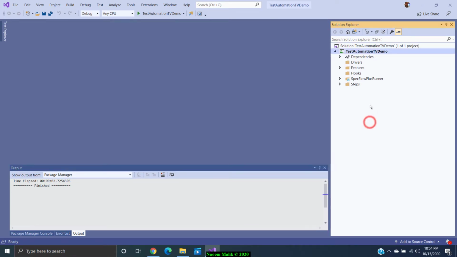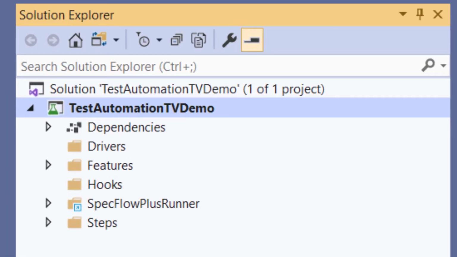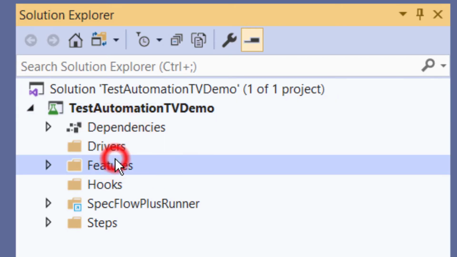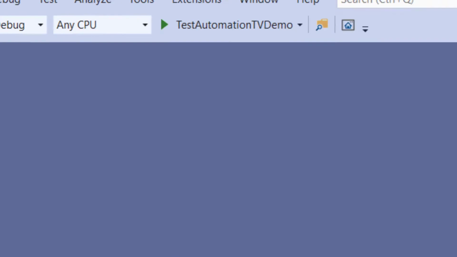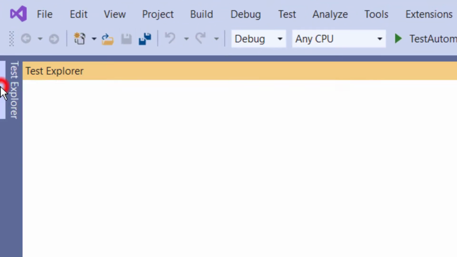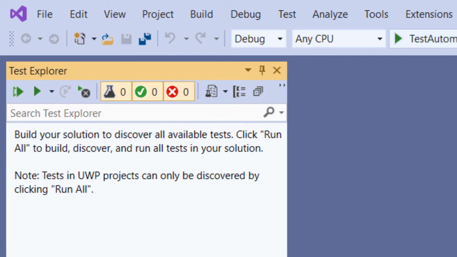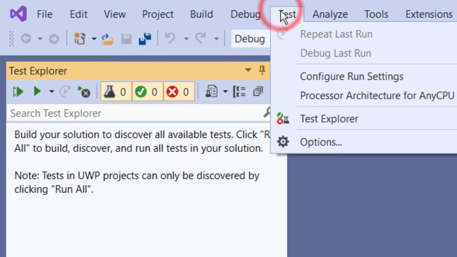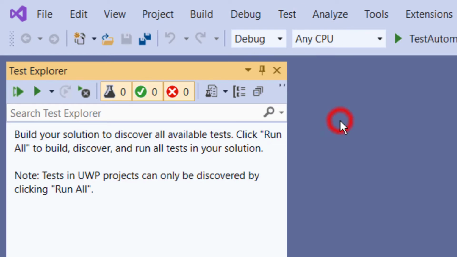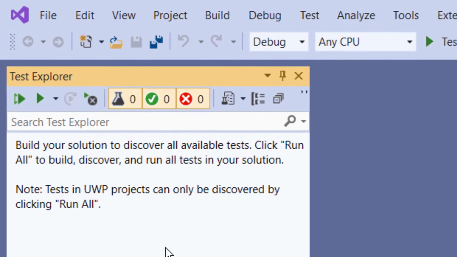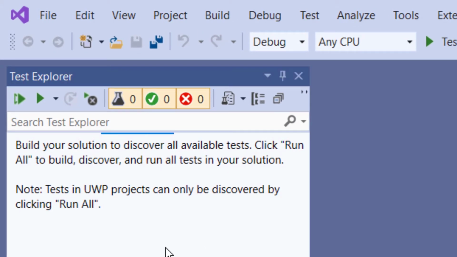You can see that this project has got a peculiar structure to it. There are folders for drivers, features, hooks, and if I expand the Test Explorer window, which can be opened from the test menu by clicking Test Explorer, and if I build the newly created project, a sample test will be populated over here.